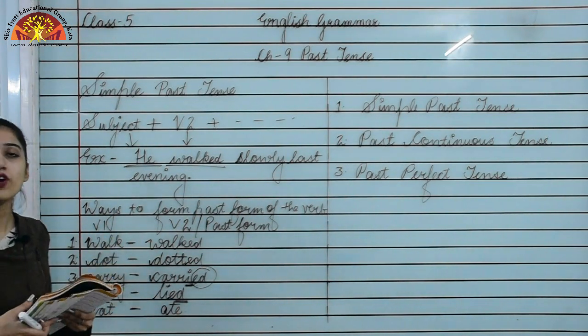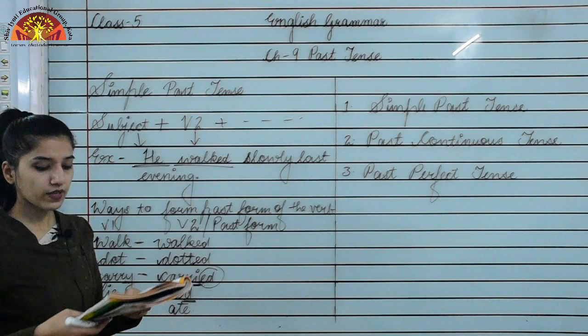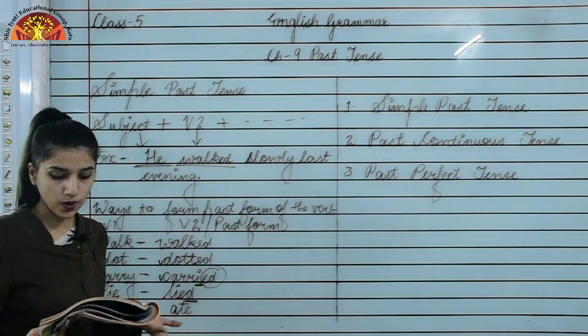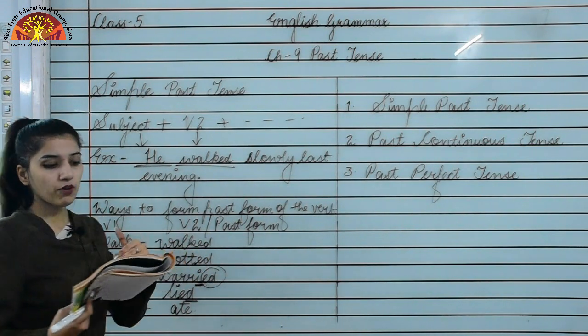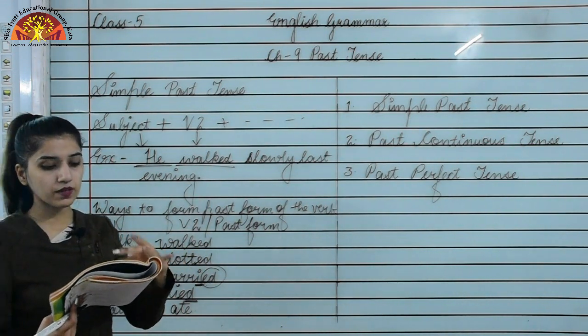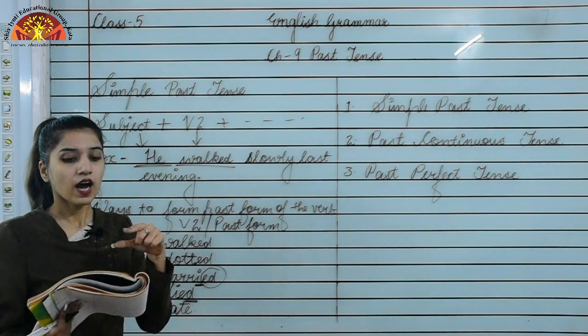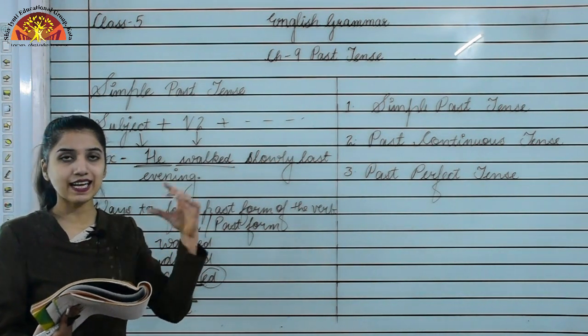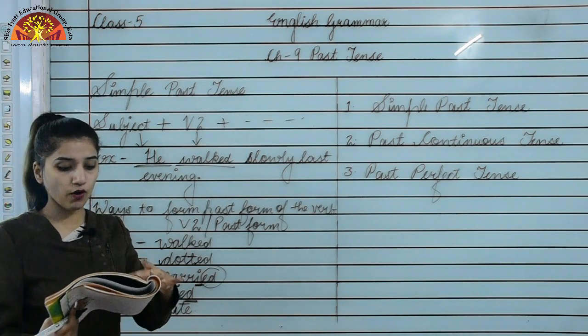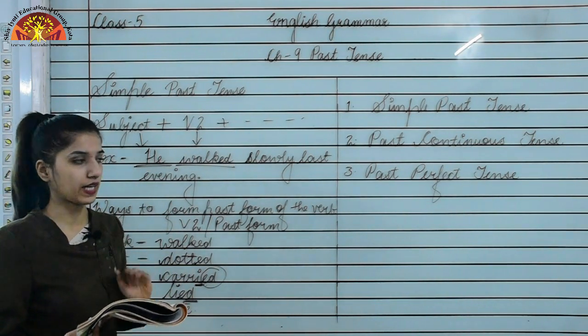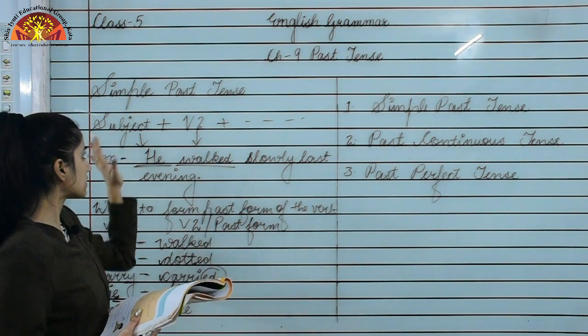So they are not following the set of rules to form the past tense or the second form of the verb. You can see some of the second forms of the verb which are given on page number 55 in an orange box, that is keep in mind. Over here some of the second forms of the verb are given. You have to learn them thoroughly. So this is the simple past tense.